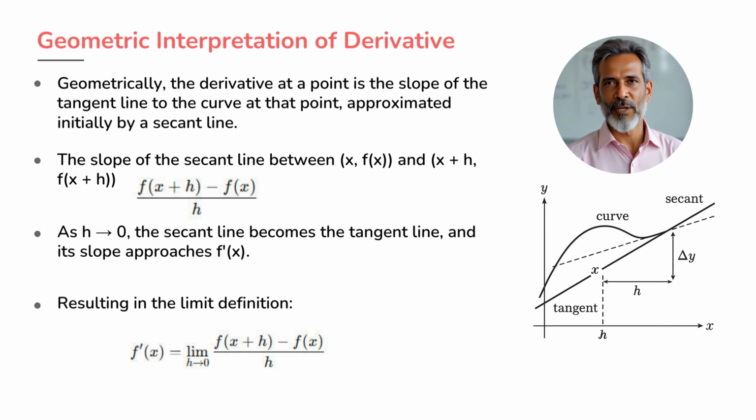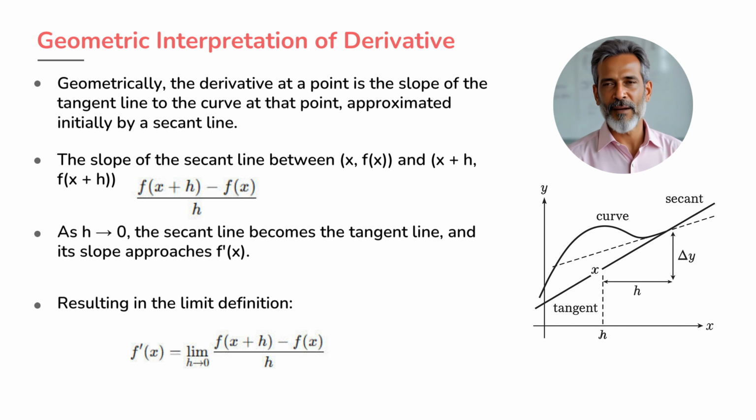Let's put on our geometry hats for a moment. Imagine a smooth curve drawn on the xy plane. Pick a point x on that curve. Draw another nearby point at x plus h. Connect them. What you get is a secant line. The slope of that secant is just [f of x plus h minus f of x]